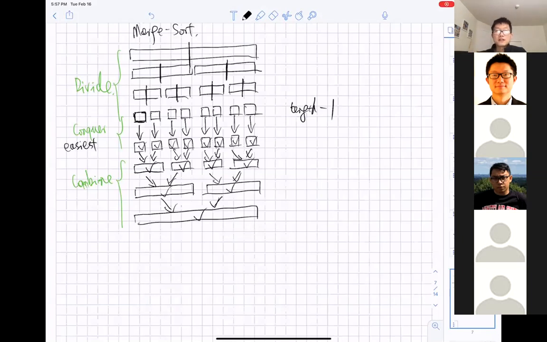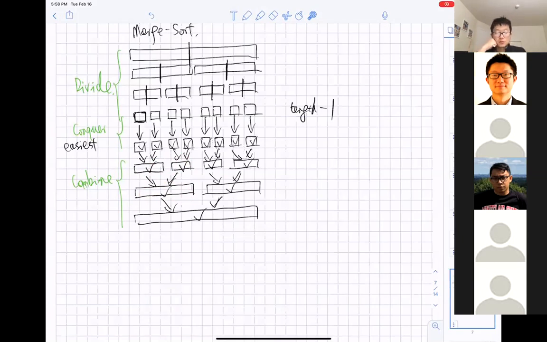Okay, I got one question. I'm going to read it. So every time you combine the subarrays and they get sorted, right? Yes. So in every combine step, we are going to combine two small sorted arrays into one big sorted array.